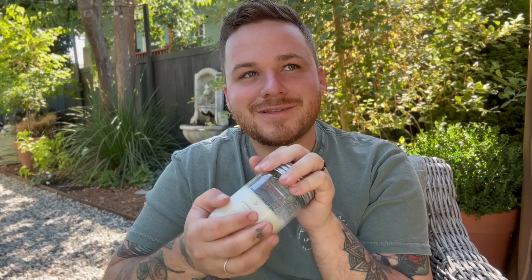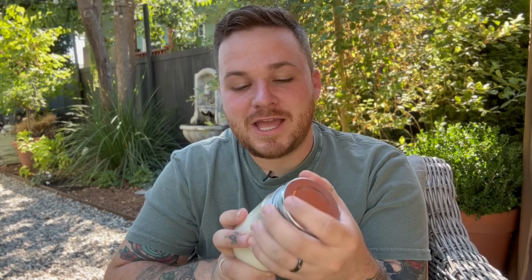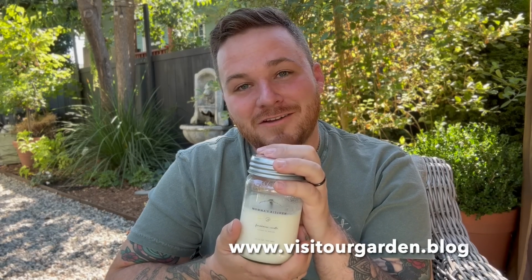We burn a lot of candles. We go through a ton of them. And this is my favorite. They are soy wax, and so they're not going to leave that smoky residue that most candles leave in your house. This is just a good, clean, delicious candle. It smells like a warm sweater and fall and apples, and this is my favorite candle in the entire world, and I just wanted to let you guys know it is back in stock on our website